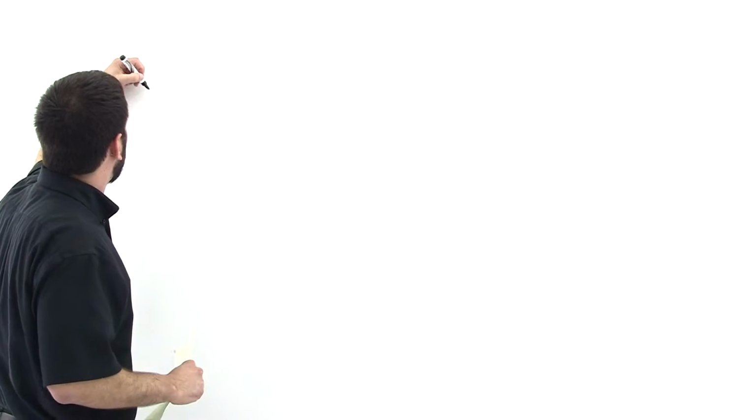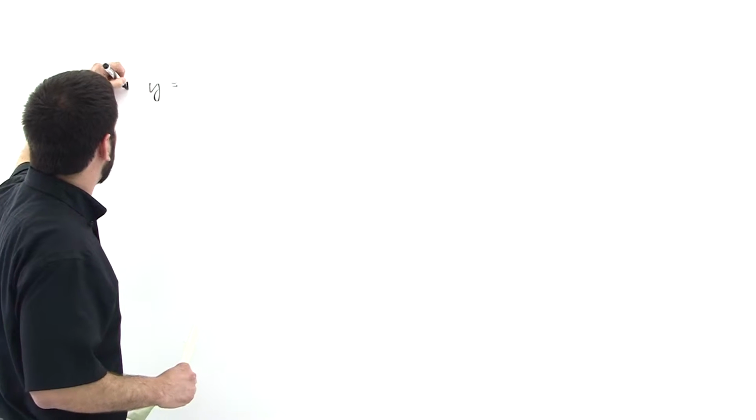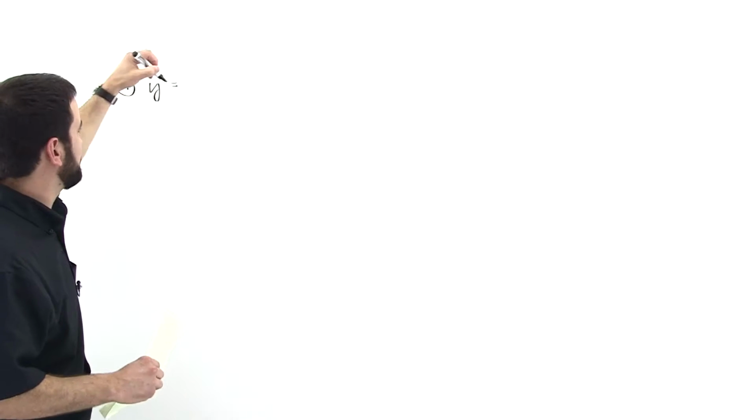Let's find the zeros for some functions. So in general, to find the zero of a function is to find the place where the y values are equal to 0. So if we have, this will be example number 1, y is equal to 2x plus 3,